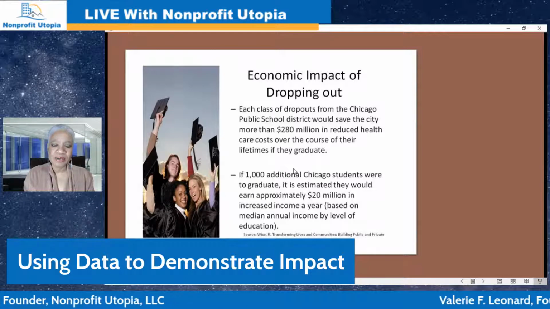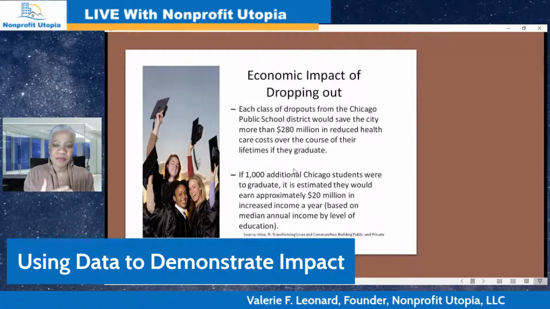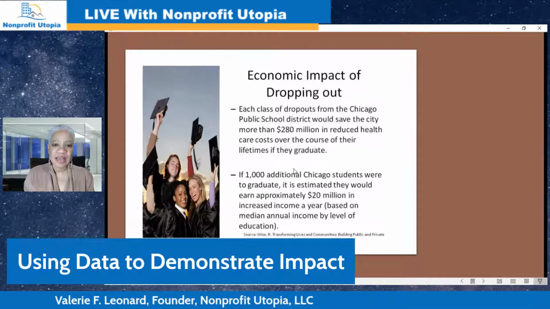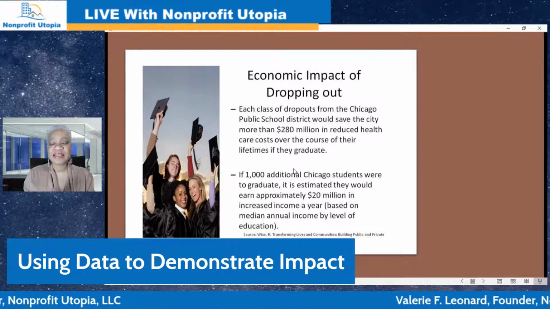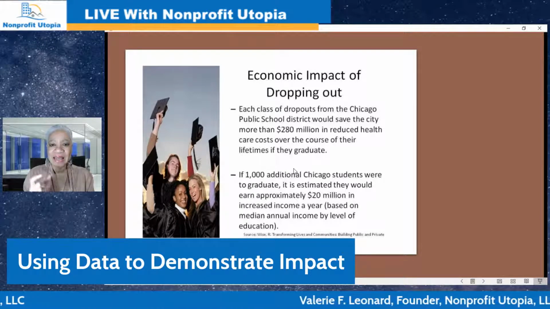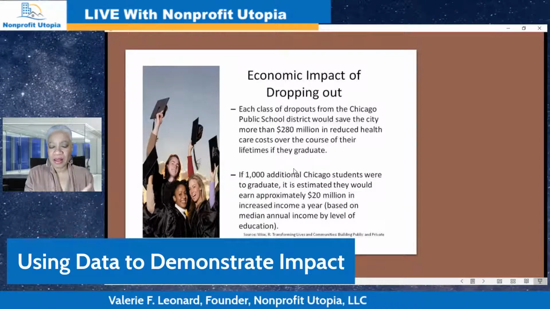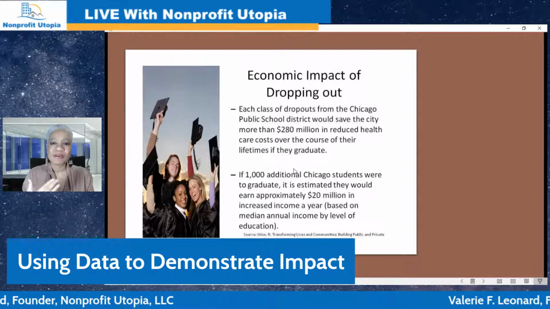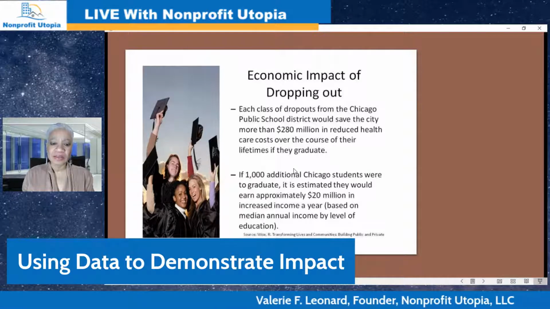So it's really, really important as you look at your causes and effects for whatever issues and programs you're developing, you need to understand the consequences of not taking action. So in this case, the consequence of not taking the action of graduating on behalf of the students is actually costing the city over their remaining lifetime $280 million.